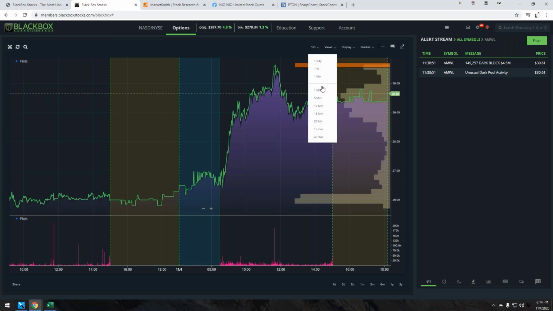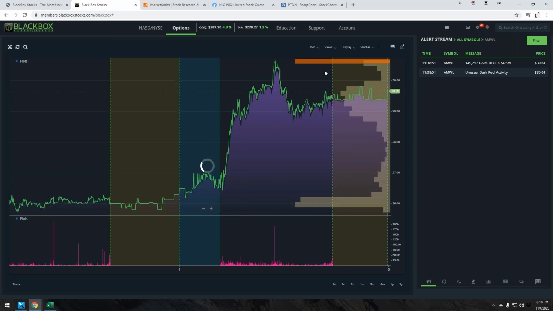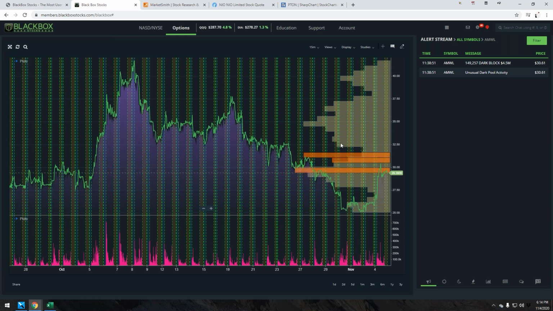I hate 1 minute charts. That's maybe what you have for intraday, and everybody's trading style is different. But to really look and see, you want to see the bigger picture. You want to see what else has been going on. So really start playing with these time frames when you see a dark pool print come in that you're interested in,